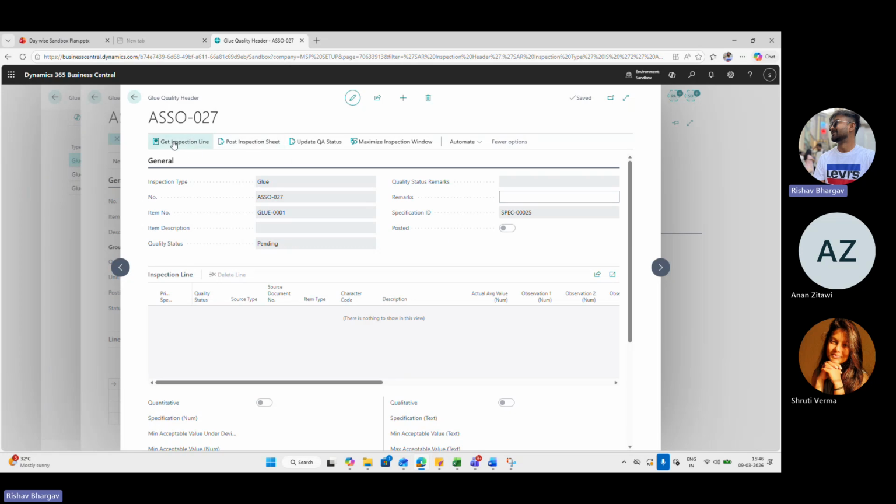First, we have to select get inspection line. It will give the quality parameters which we want to check for the glue.